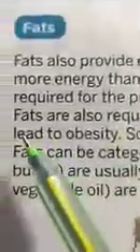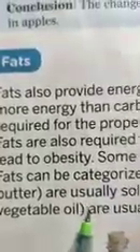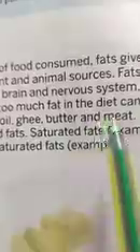Now come to the next, dear students. Fats are also required to develop immunity in children, but too much fat in the diet can lead to obesity. Dear students, what is obesity? We know very well fat gives us more energy than carbohydrate. It is more difficult for the body to digest fat. Excess fat is often stored as body fat. That fat stored in the body causes what? Obesity. Some sources of fat are egg yolk, coconut oil, ghee, butter, and meat.